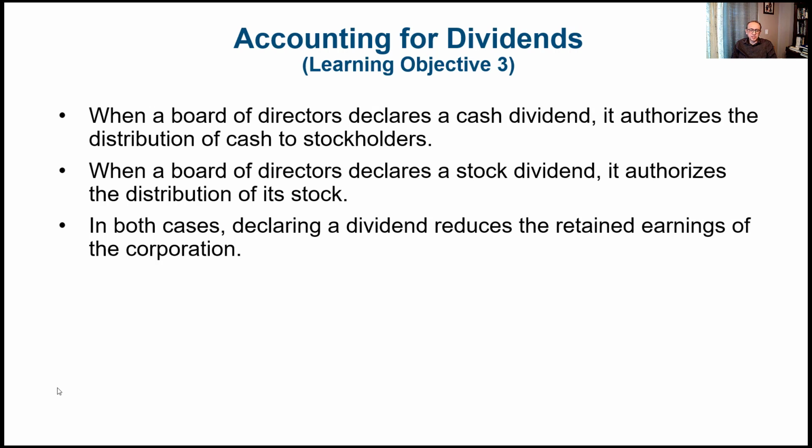I always find stock dividends to be a little bit tricky because they're actually paying shareholders additional shares. And in reality, this is, I don't want to say deceiving or fooling the shareholders, but in some form, it's an easy way for companies to issue dividends without actually paying any asset. And when they issue stock dividends, they actually dilute the shares. But anyway, this is, I think, beyond the interest of our discussion here. The focus here is to see the accounting treatment for cash dividends versus stock dividends or any other form of dividends. In both cases, declaring a dividend reduces the retained earnings of the corporation.